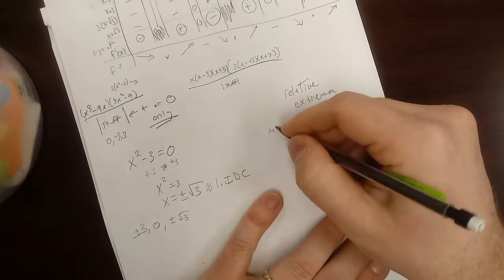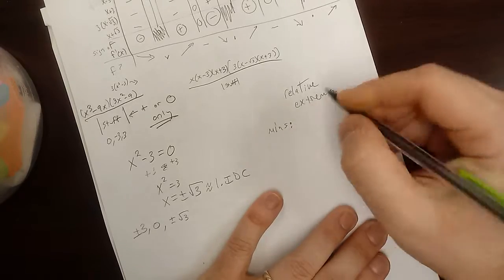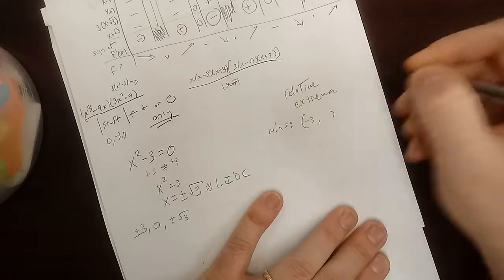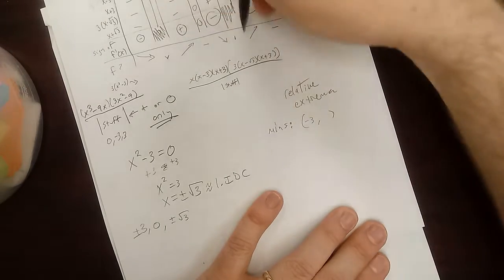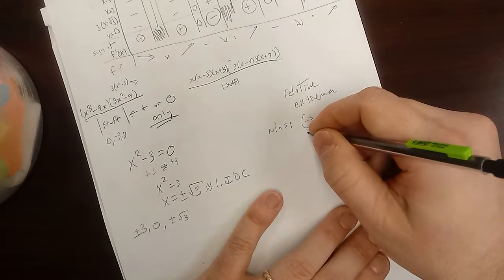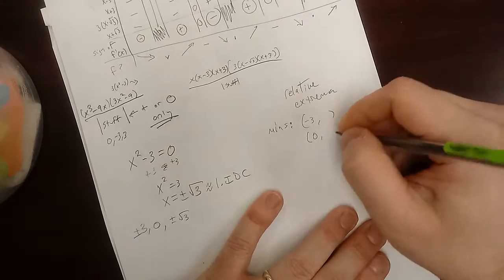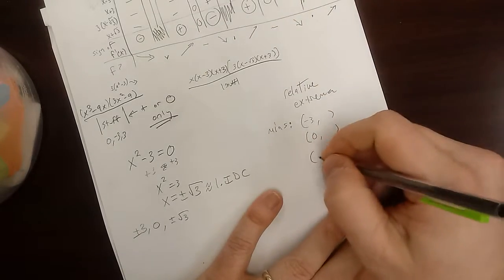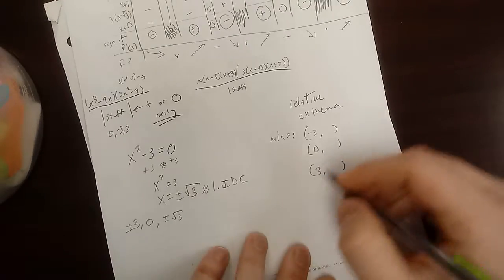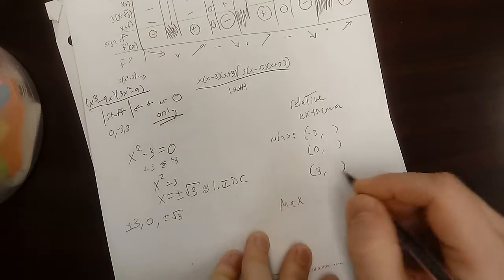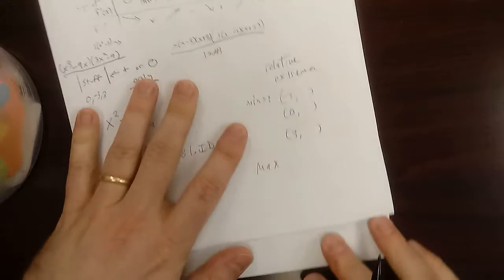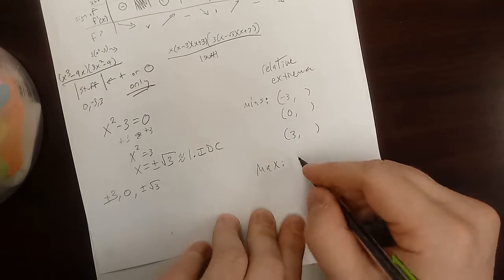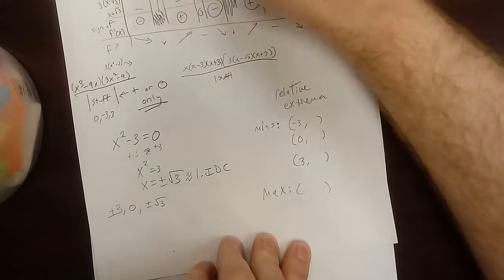So we're going to have mins at, let's see, -3 is a min. 0 is a min. And 3 is a min. Then maxes. I know we have 2 maxes in our class. Let's see how many maxes are in this problem. We have a max at